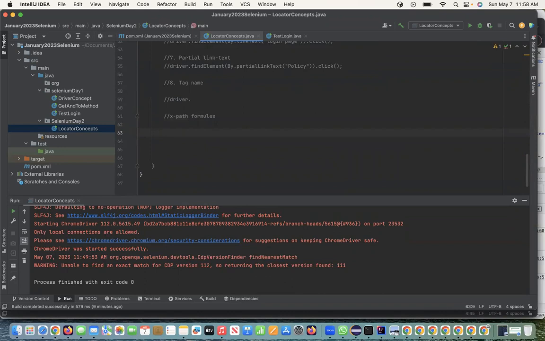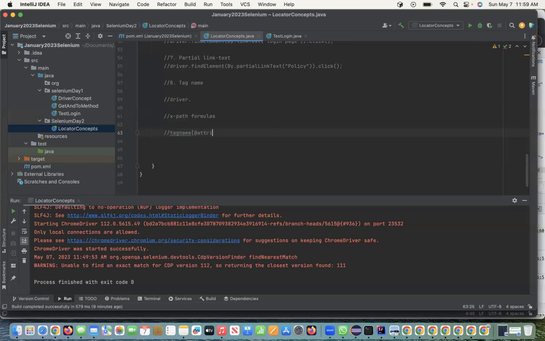You can actually customize your XPath many different ways. For example, it will start with double slash, and then you will give tag name, and then formula is, I'm just writing the formula, and then square bracket, and then